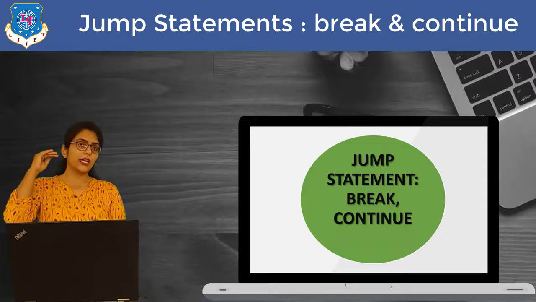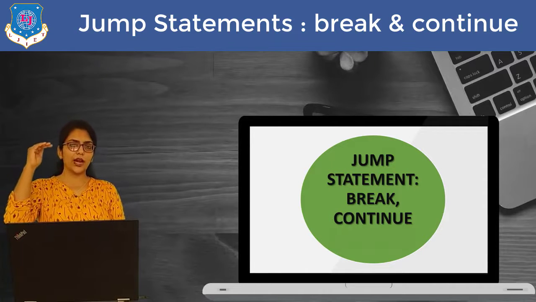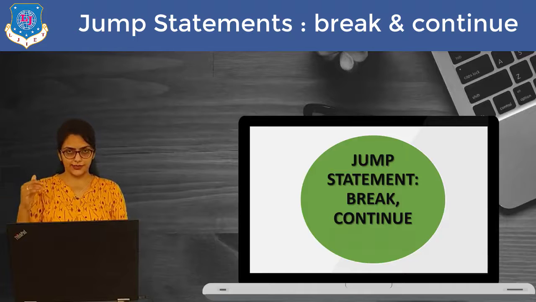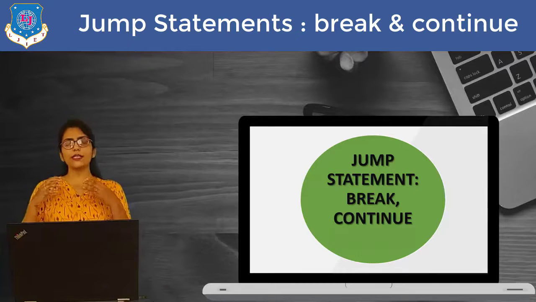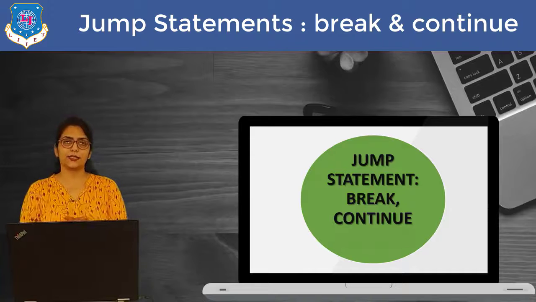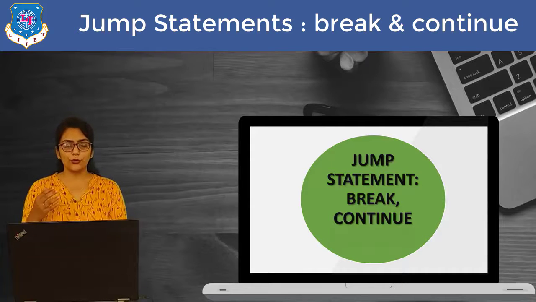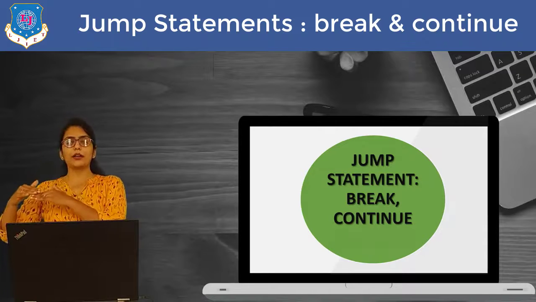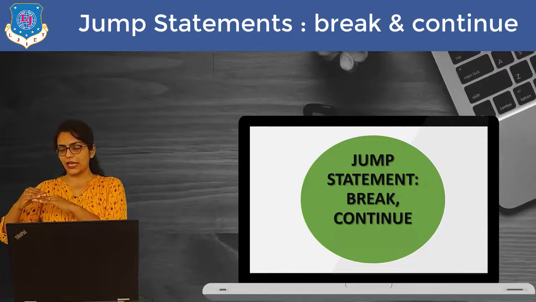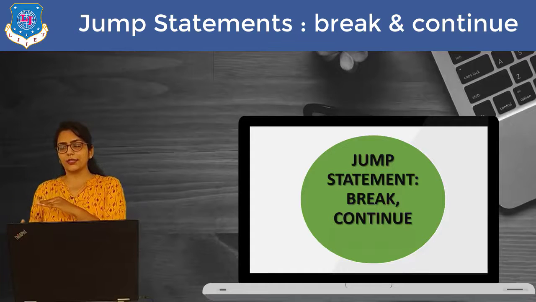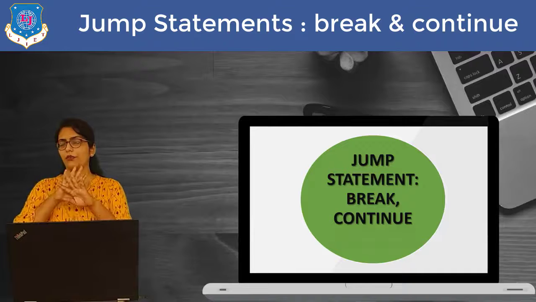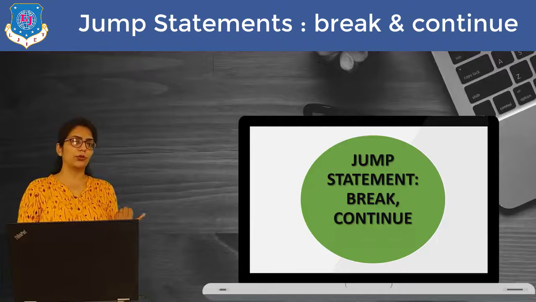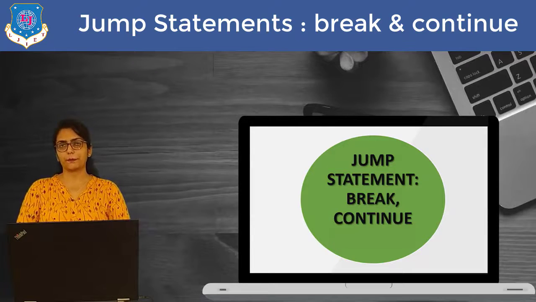If you remember, in our switch case, I was writing break after each case, in order to break the control once my particular case is executed. And I have already shown you that if you are not using break, then after executing one particular case, it will keep on executing other cases. So I have already covered that example. If you have not watched that video, then please go to the previous video and watch it.